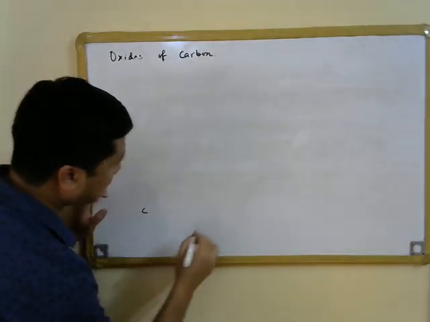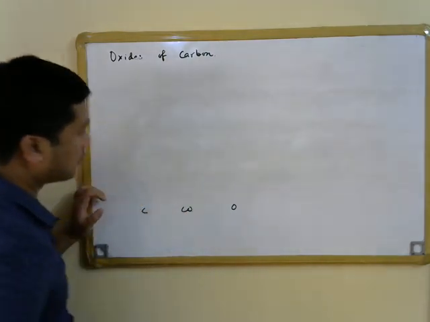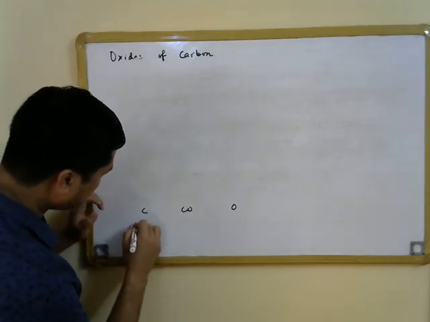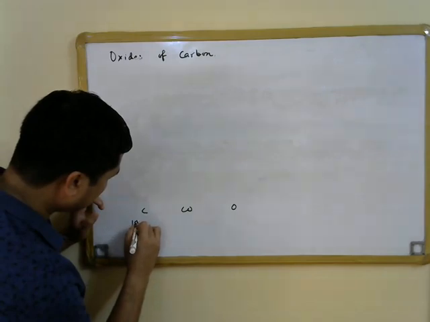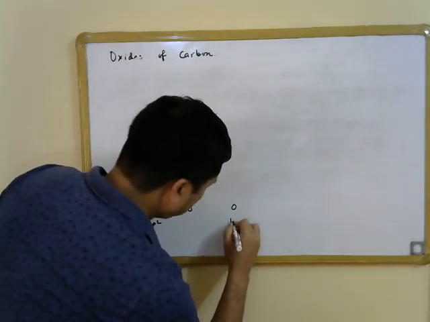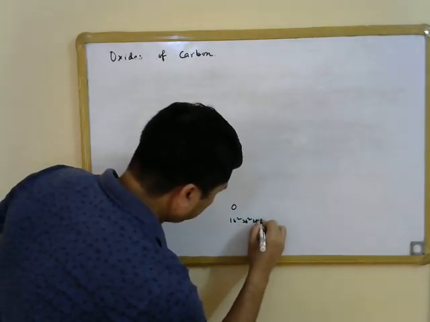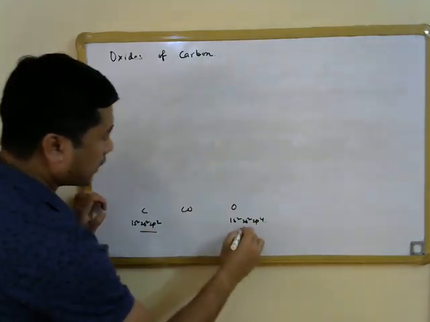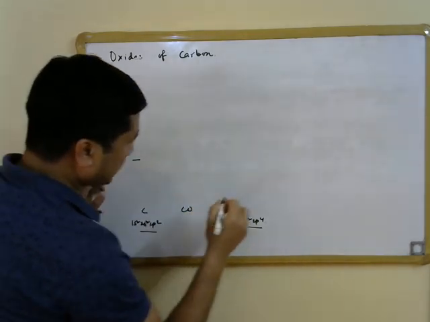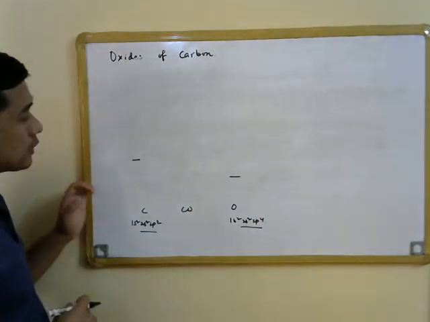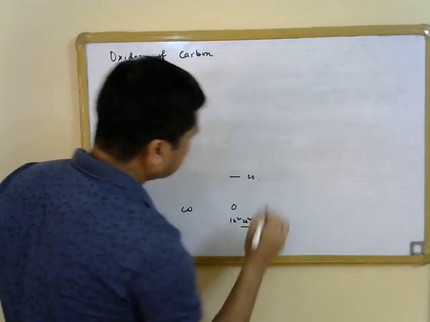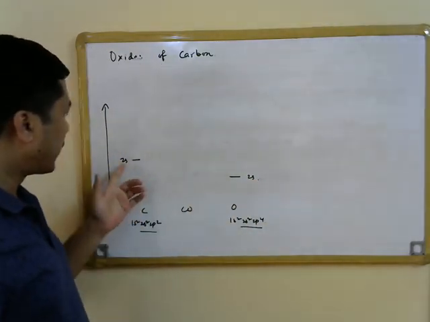So we have carbon, and then we have oxygen, and we have carbon monoxide. Let us try to draw the molecular orbital diagram of carbon monoxide. Here the electronic configuration is 1s2, 2s2, 2p2 for carbon, while in this case 1s2, 2s2, 2p4. We will draw the molecular orbital diagram only for the valence electron shell. So let us have the 2s of carbon and 2s of oxygen. We will draw the 2s atomic orbital of oxygen at energy slightly lower than the energy of the 2s orbital